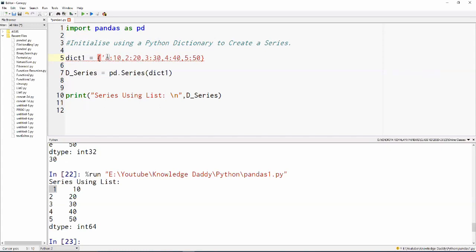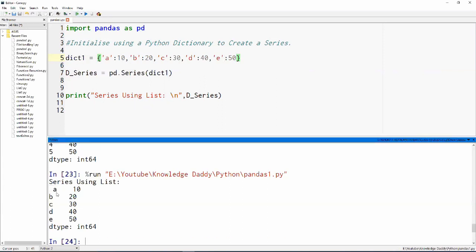If we give A, and in place of 2 we provide B, in place of 3 we provide C, in place of 4 we provide D, and in place of 5 we provide E, and we run the same program, we'll find that the index has already changed to A, B, C, D and E, right? So it is very simple.